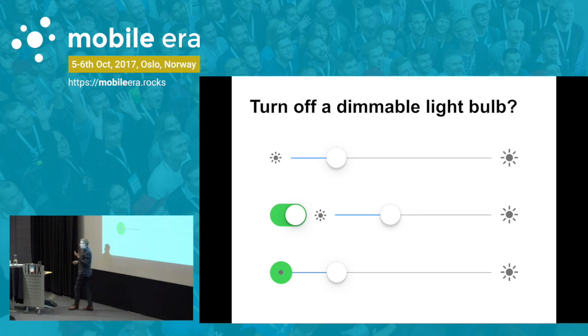We have asked some users, but haven't gotten a clear answer on how they want to control their devices, because I think this is maybe how dimmers work on some wall systems today. You can press it to turn it on and off, and you can dim it by turning the thing around. So I was thinking if we could have a vote for what you think makes sense for a dimmable light bulb that you can turn on and off and dim.